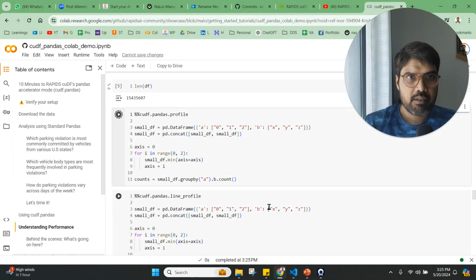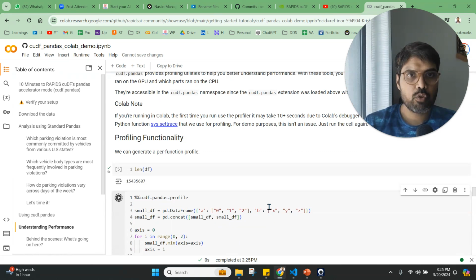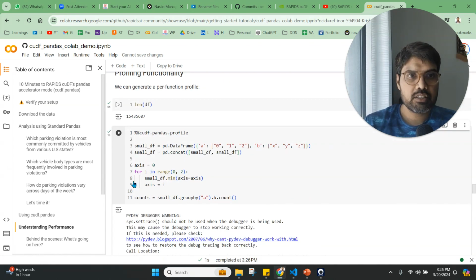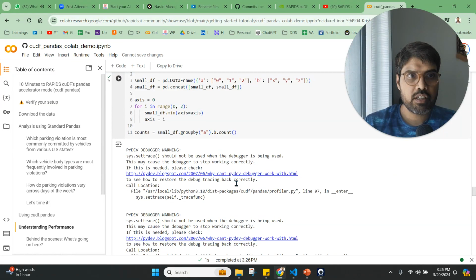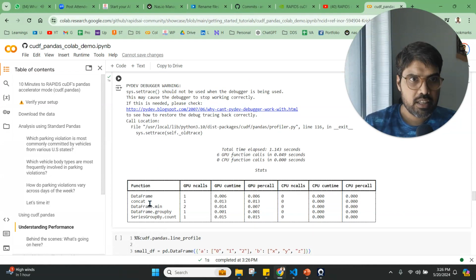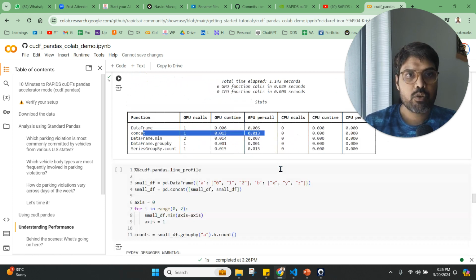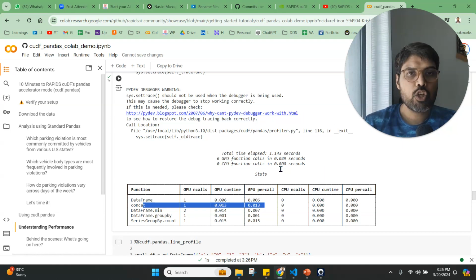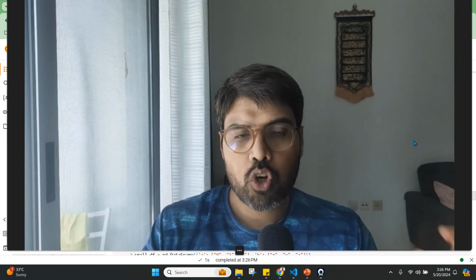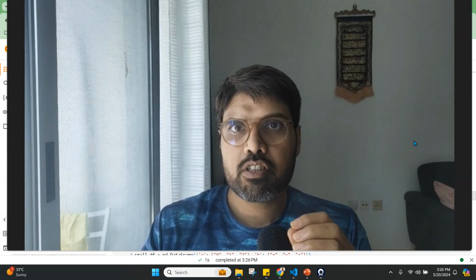But the whole thing is for you to get an understanding that pandas with cuDF is very fast. So you can see the details that it is giving for the data frames. It took this many seconds, concatenation took this many seconds. So you can analyze this, play around with this, and then decide how to make your code better. But the whole purpose of this quick video was to show how pandas cuDF is making your code